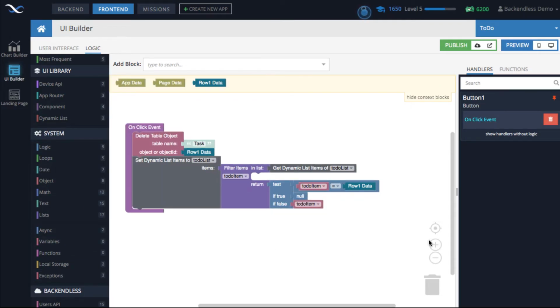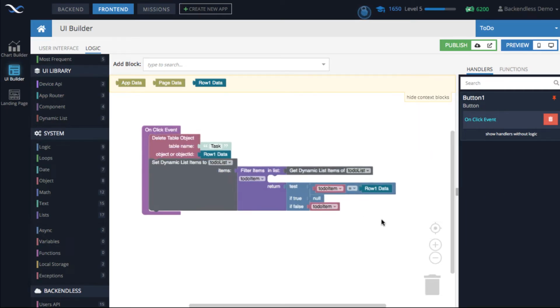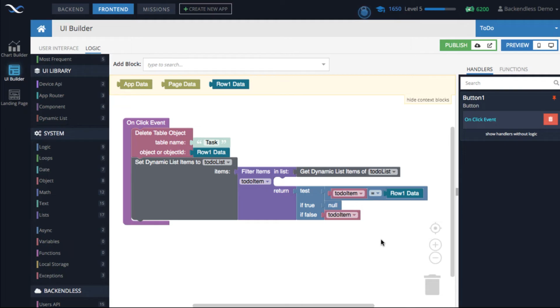Okay, so that's the logic. It may sound kind of gibberish or not very clear as to what's going on, but I will walk you through and it will start making perfect sense. First of all, we get all the objects from the to-do list. One of them is being deleted. We need to find which one and remove it from that collection. In order to do this, we use this filter items block, which is basically a loop. It iterates over every single object in this collection, and then every single object is going to be subject to a test.